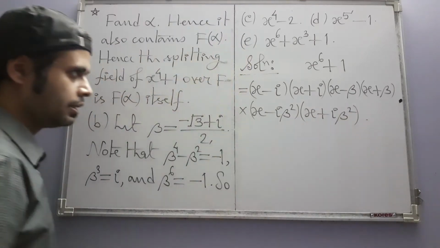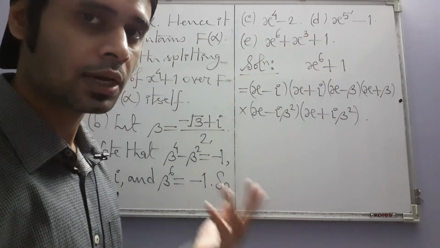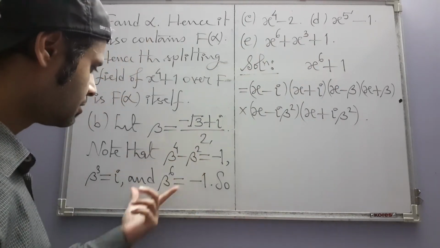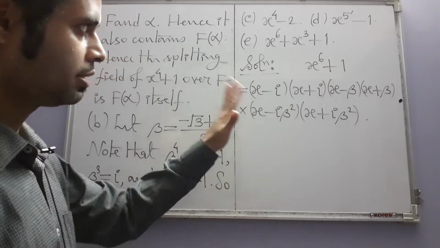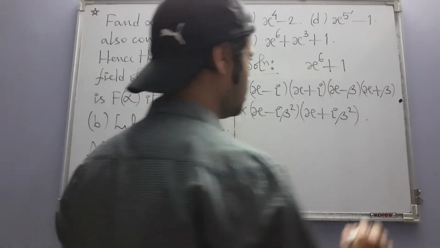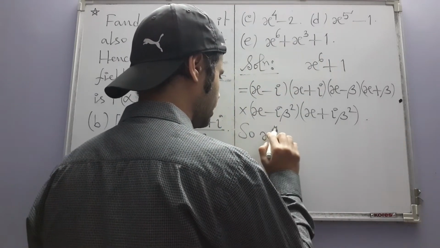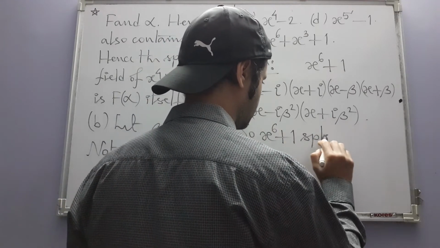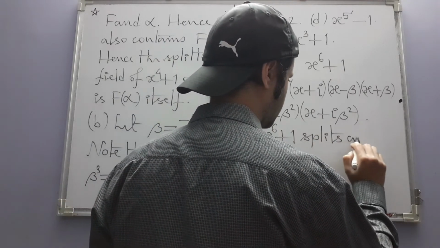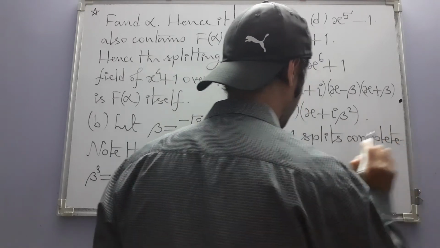And here also again, in verifying that this equals this, you start multiplying things out and then using these relations wherever they are needed. Ultimately you will get this. So x to the power 6 plus 1 splits completely